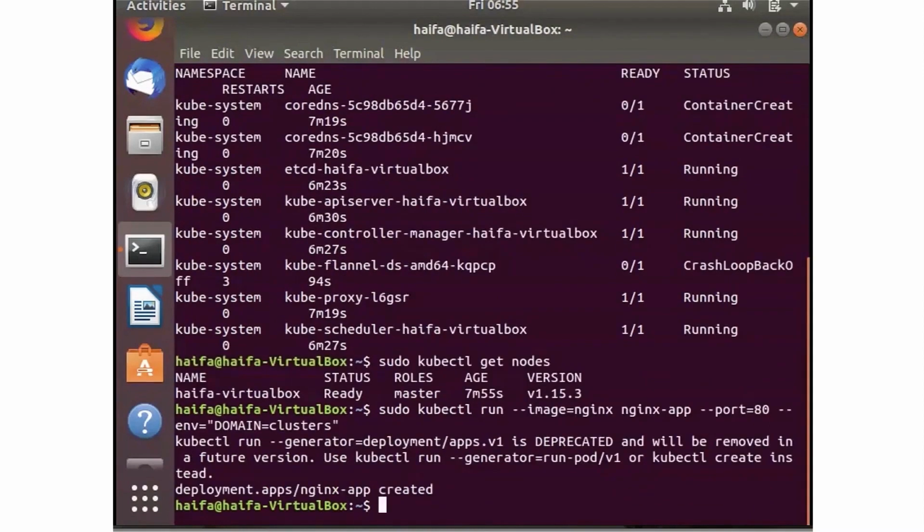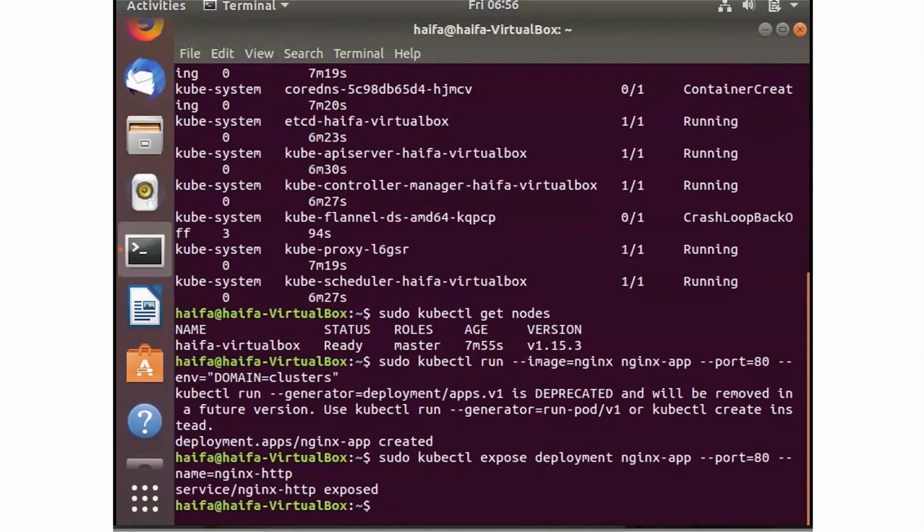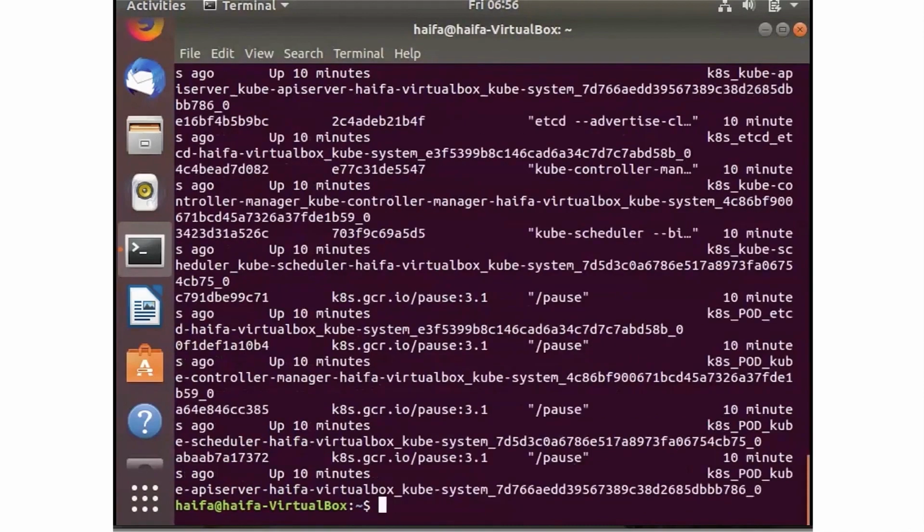And we're going to write one more command, which is sudo kubectl expose deployment nginx-app --port=80 --name=nginx-http. And once we've done this, we'll be able to then run the command to actually see our services. And there'll be quite a few of them. And our final command is sudo docker ps -a. There we are, quite a lot of lists, quite a lot of services listed.